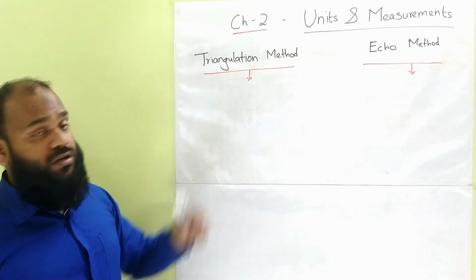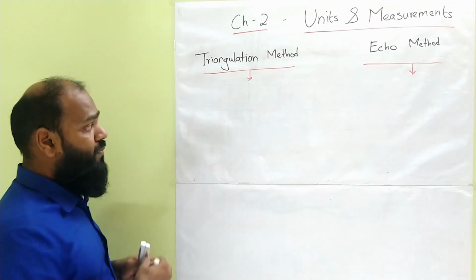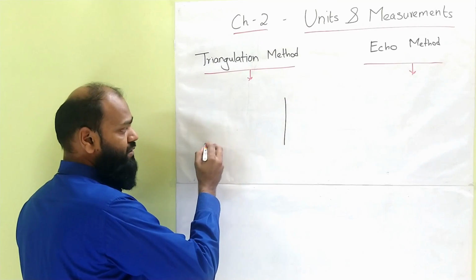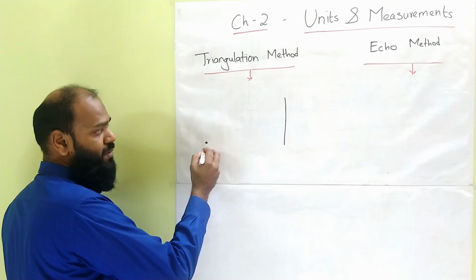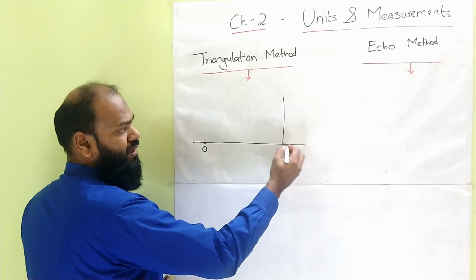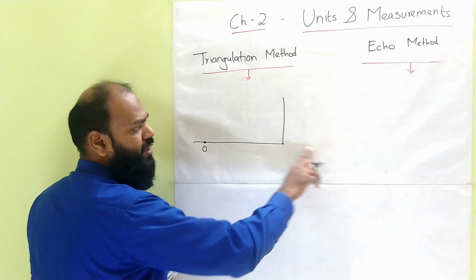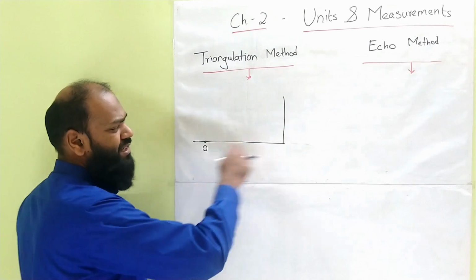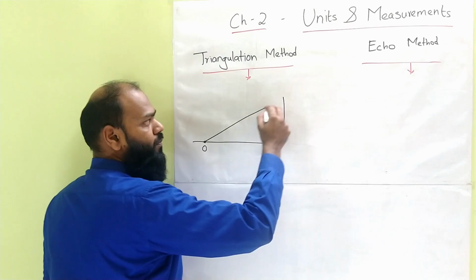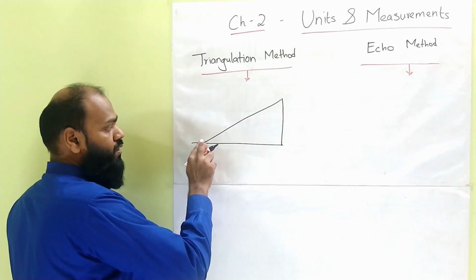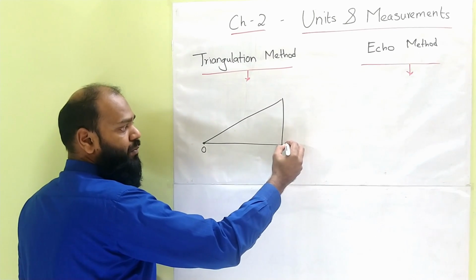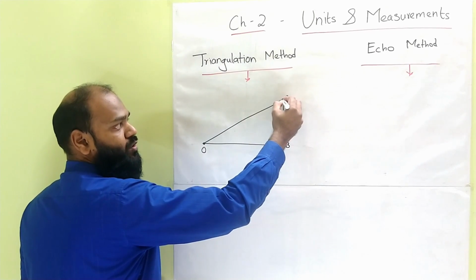Alright. The triangulation method is pretty simple. Let's take a tree for example, which is some distance away from us. So we are standing here and let this be a point called O, parallel to the ground. This is the ground over here. I'm terminating the ground over here just to give you a clear understanding. Now we are looking at the object at its top. Now let the point on the ground be B and the point on the top be A. So there are two points.